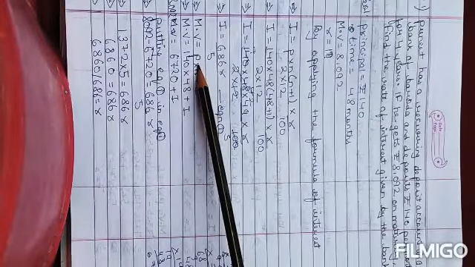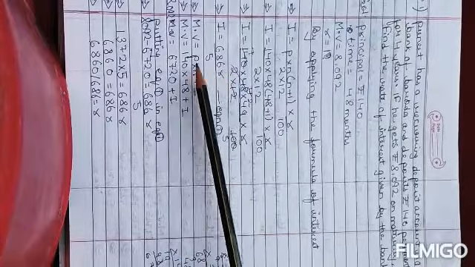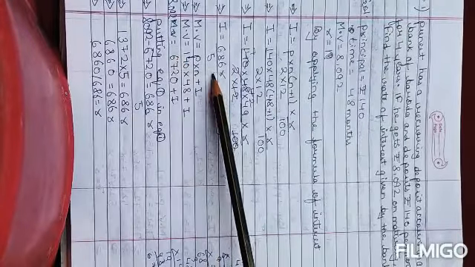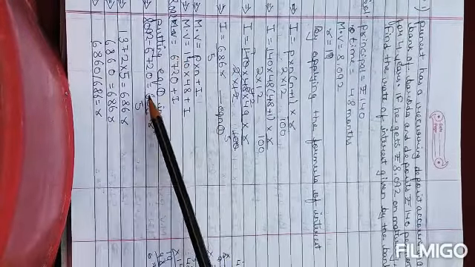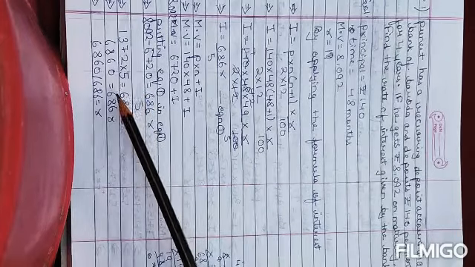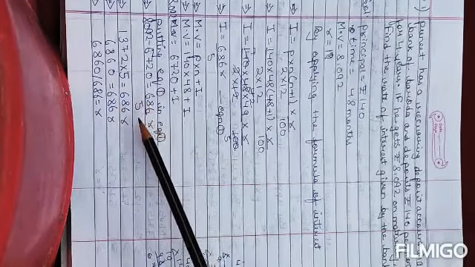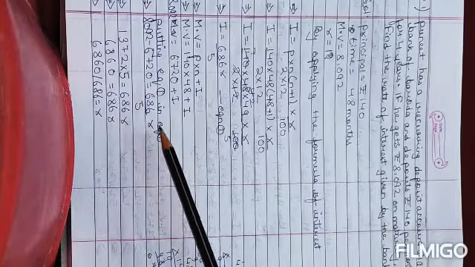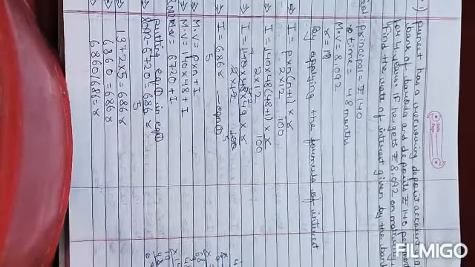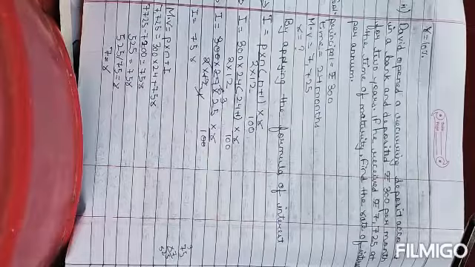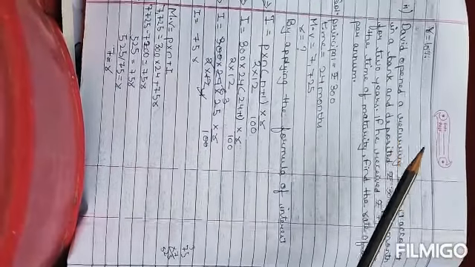Maturity value formula is P into N plus I. You have to put the maturity value, and after that you have to put the interest value. Then what do you have to do? You have to divide it. After multiplying with 5, you have to divide it. Then after that you will get R equals 10%.